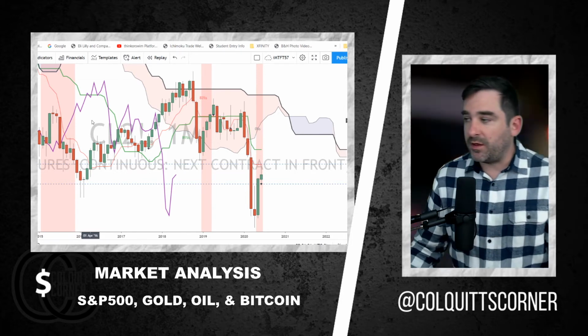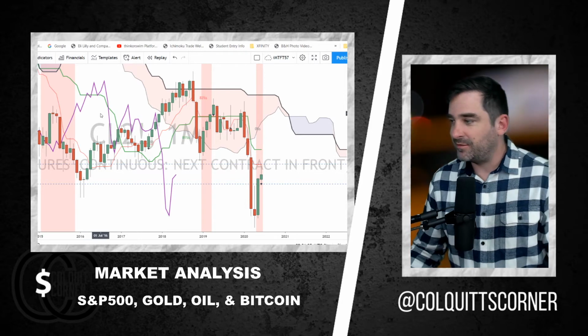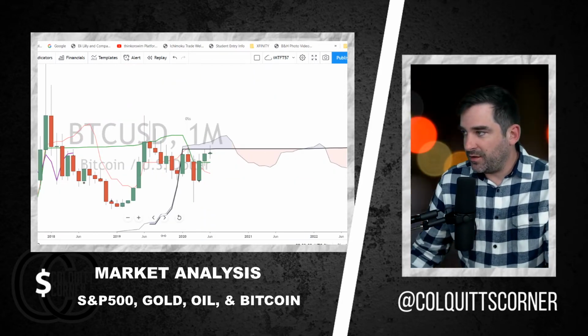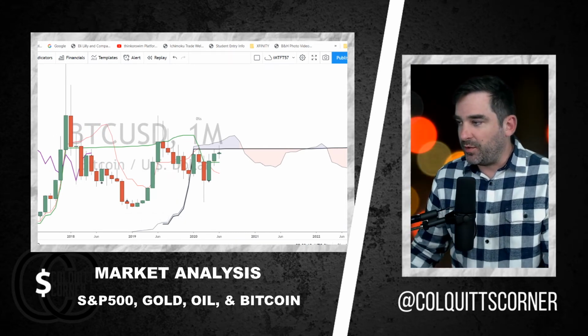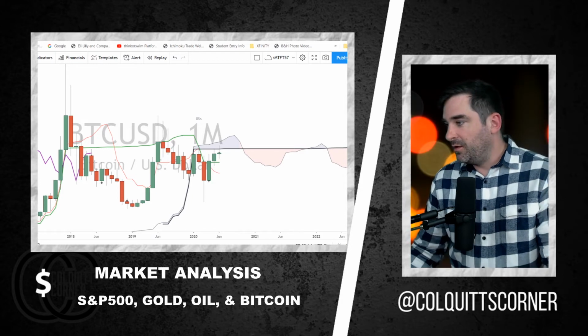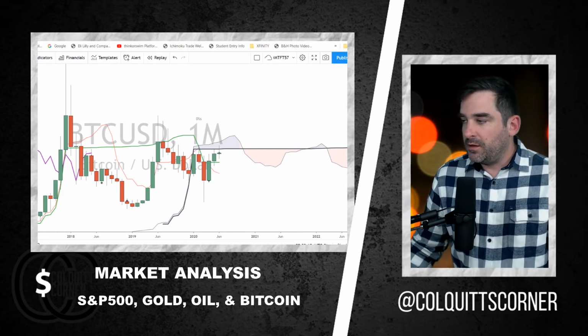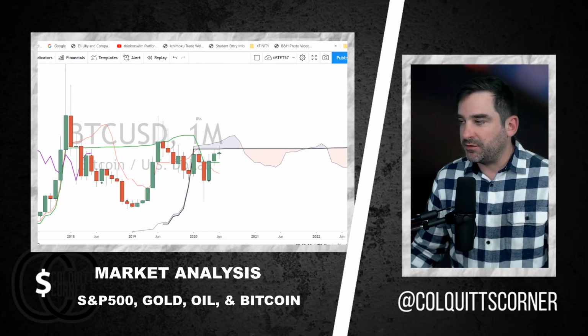Let's go ahead and take a look at Bitcoin. So here's Bitcoin on the monthly, and it doesn't look as exciting. It's not offering a whole lot. We've been playing around with this level here, and it hasn't quite broken above it yet. So it doesn't look exciting, but honestly, if you take a look at the lower time frames,